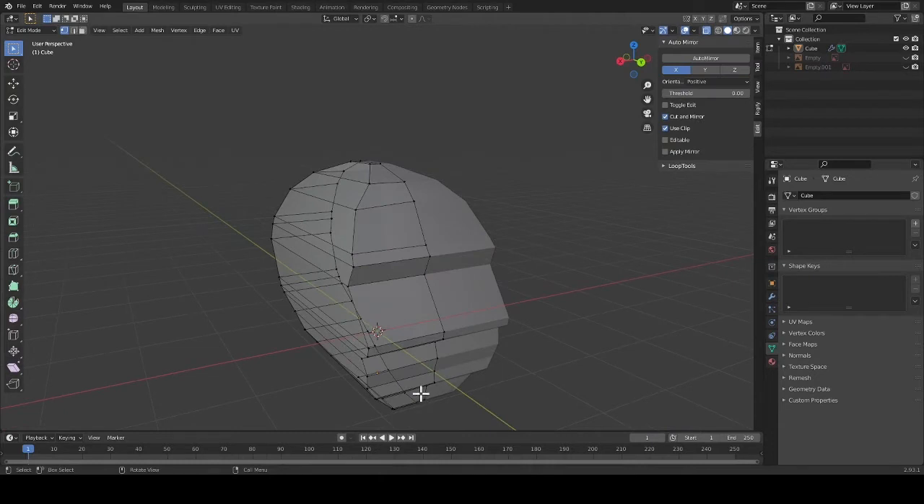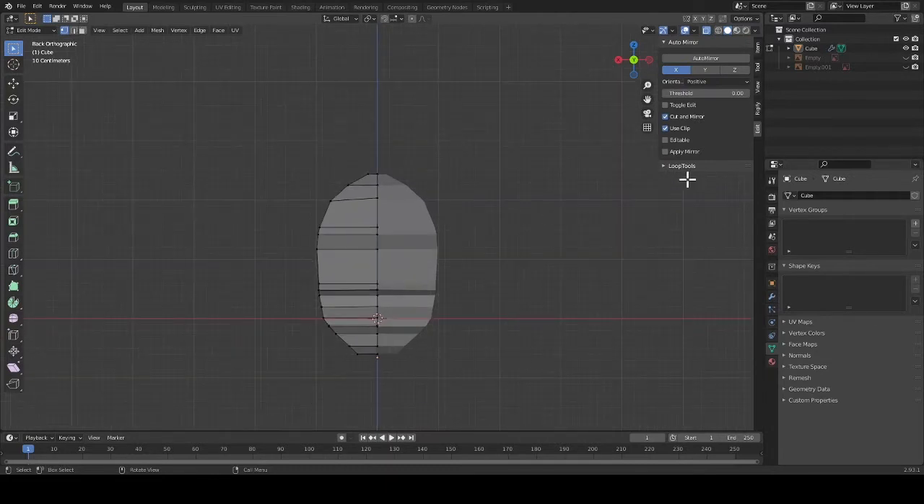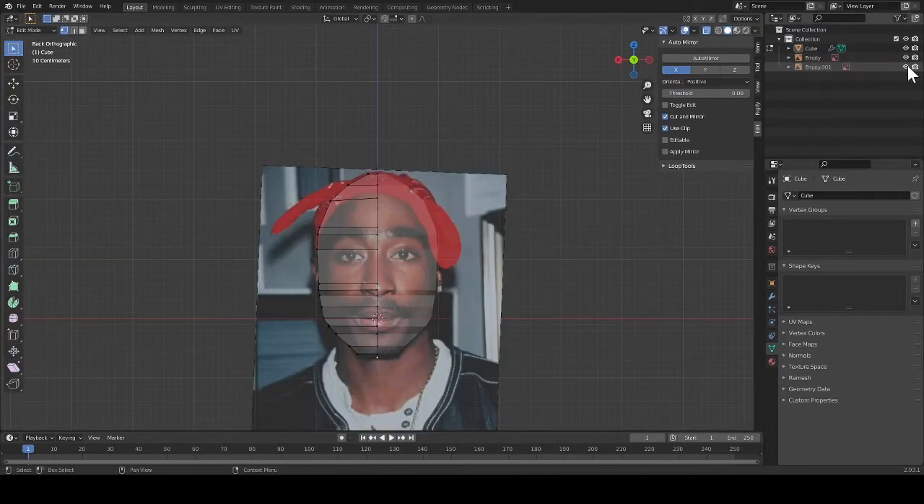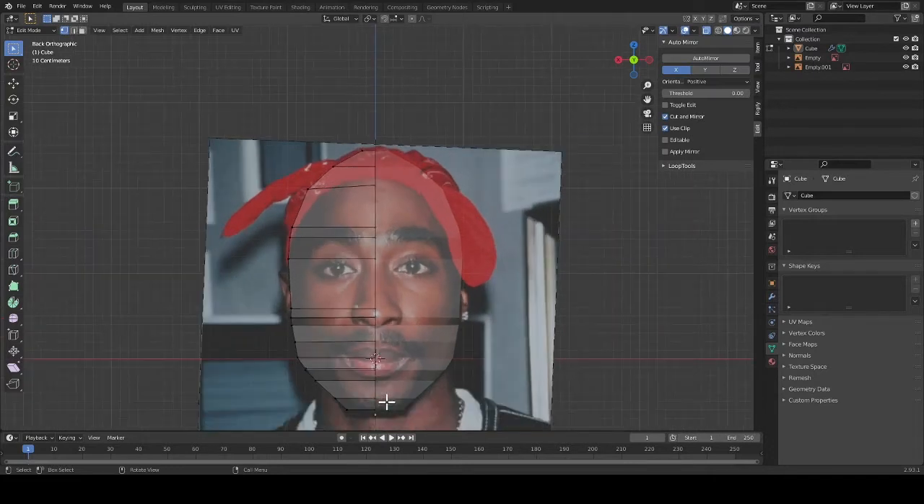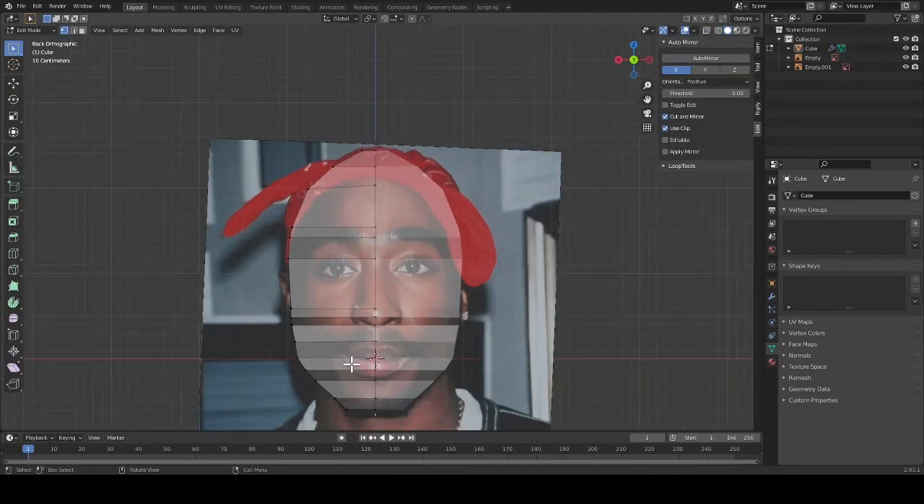They're mainly going to be these front lines that I'm about to put in here. Put these photographs back on, and I'm going to turn X-ray mode off. I am Control R, and